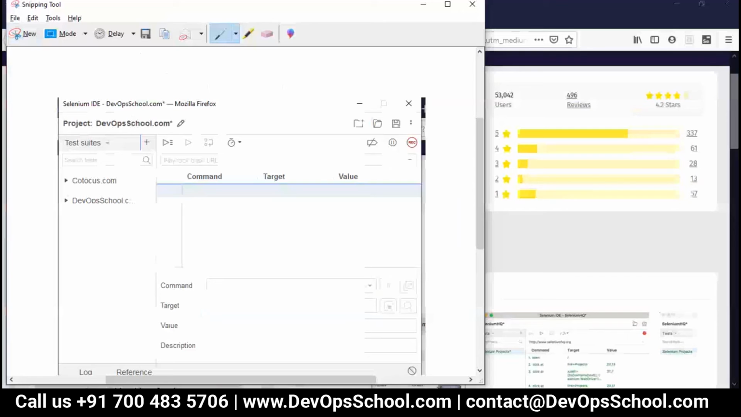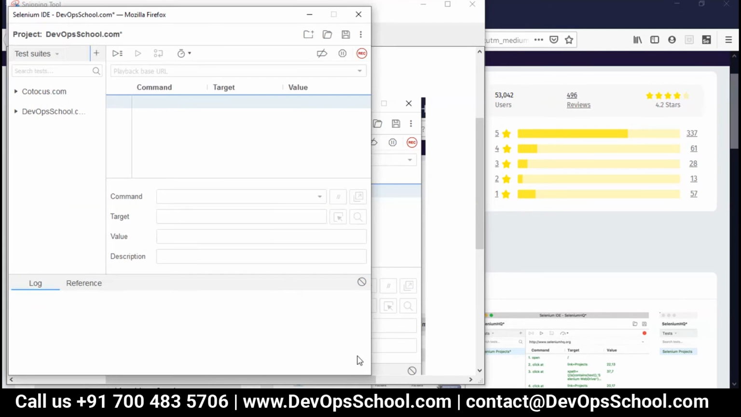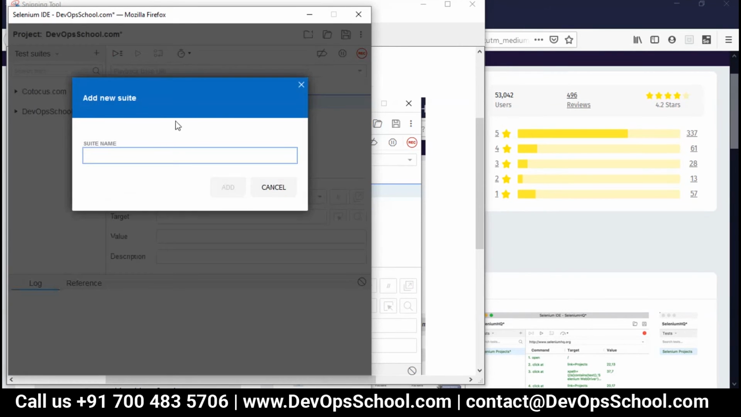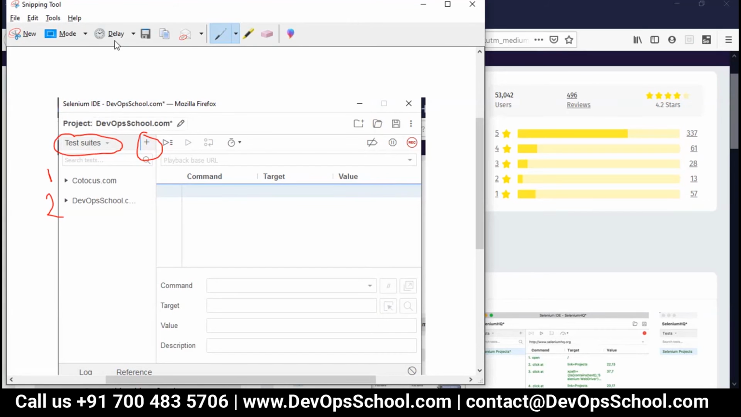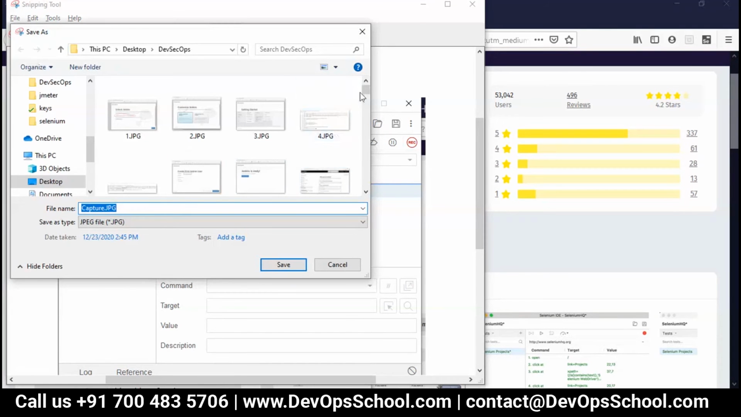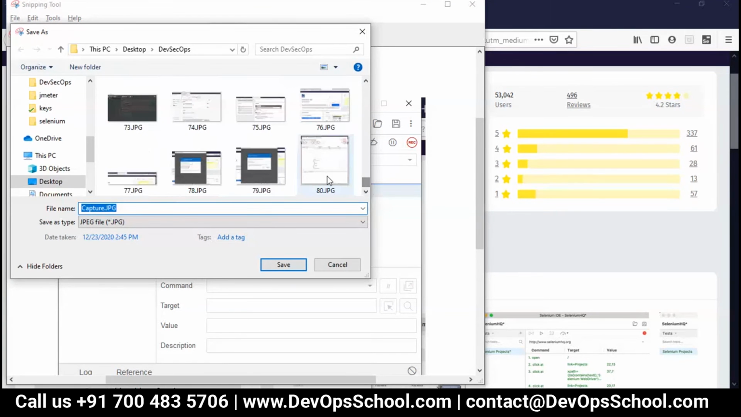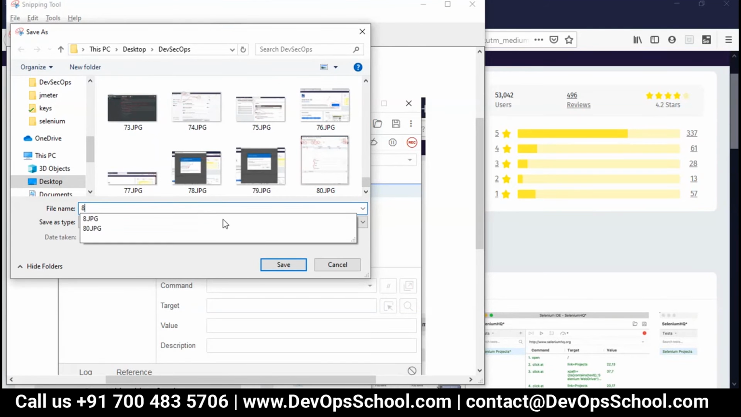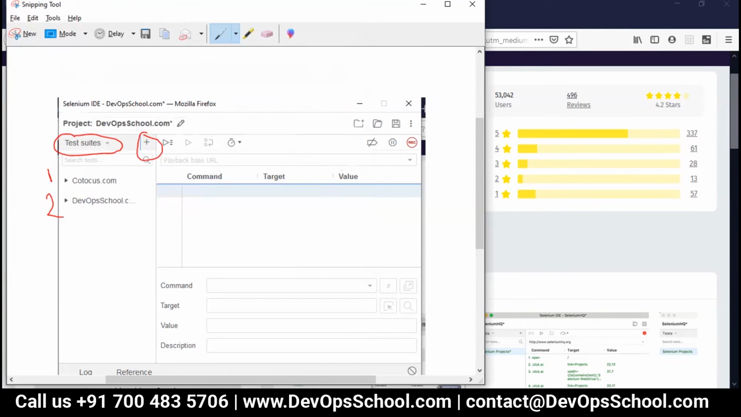Here you have test suite 1, 2. Okay, and here you can add as many as you want. Okay, so here like this. So this is how I'm telling you to plan your project at T1. After this,